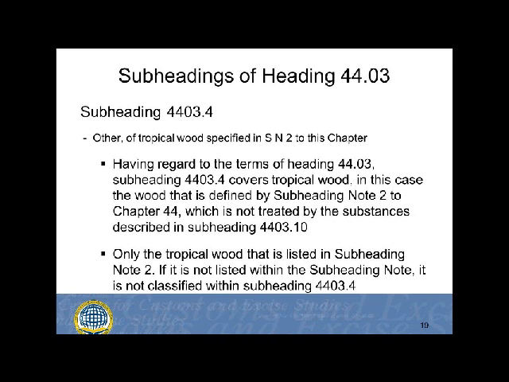In this context, it should be noted that subheading 44034 covers only the tropical wood that is listed in subheading note 2. There are many other species of tropical wood that are not listed within that subheading note. These species of tropical wood are not classified within subheading